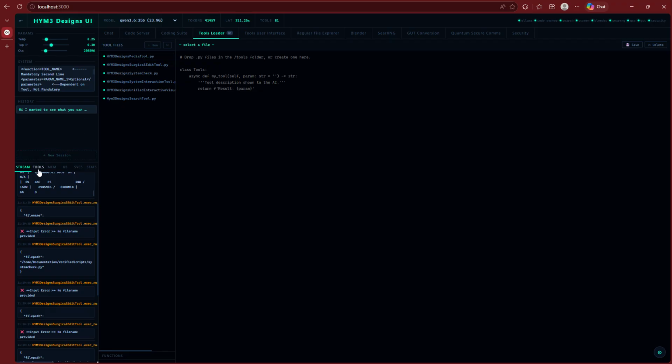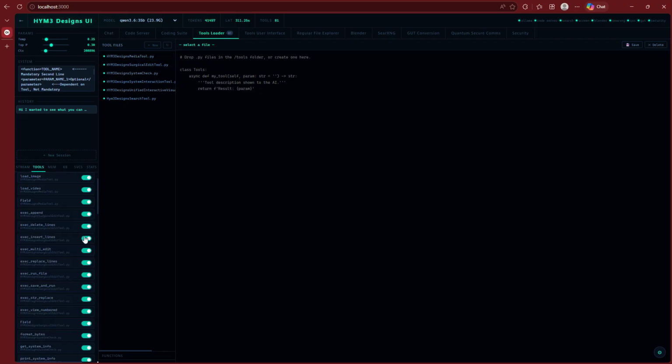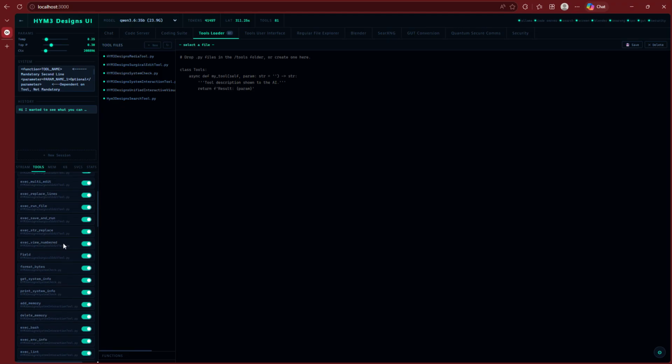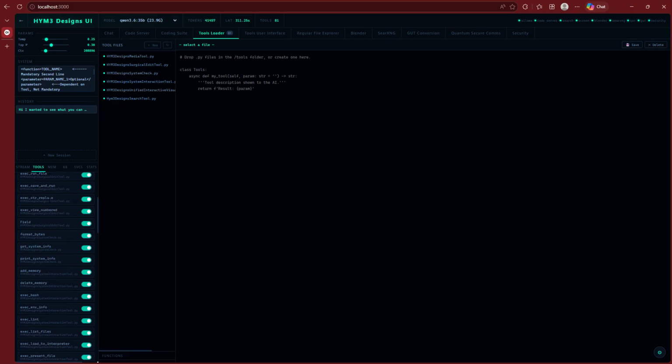Here are your tools. I was showing that earlier, and I've done this in other videos: each tool is divided into its own thing, so you don't need to update tools. Once it's in there, you can turn them off individually. Like, if I don't want it to delete lines in a file, I can turn that off and it just can't delete lines anymore. If I don't want it to save and run, or if I don't want it to replace something,